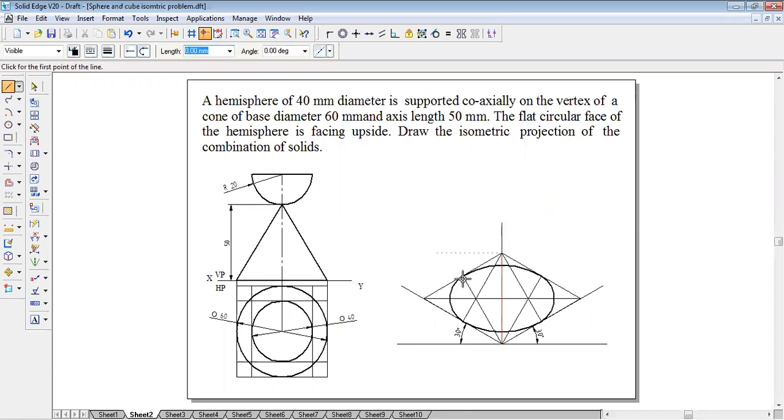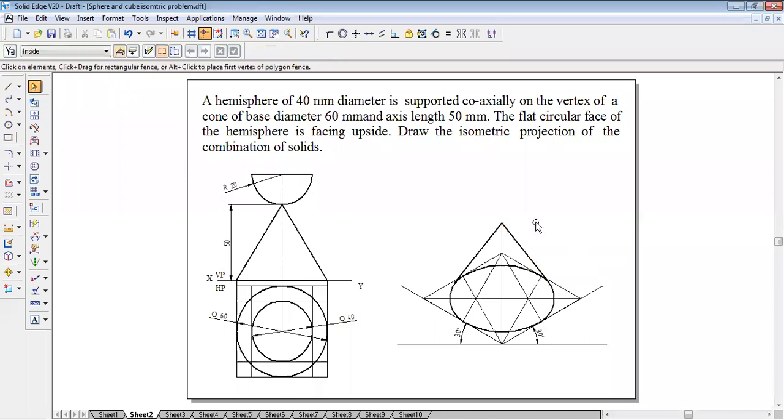So when you're joining the circumference of the hemisphere ellipse, make sure that it is tangent. So when you're drawing the lines, it should be tangent. So from this corner, you have to draw a tangent line. See, this is how it shows. You can see there's a tangent symbol. You can see the tangent symbol next to the two lines center. So if it's coming, just click on that. Similarly, from this side, the tangent should be visible. Only there you have to click on it.